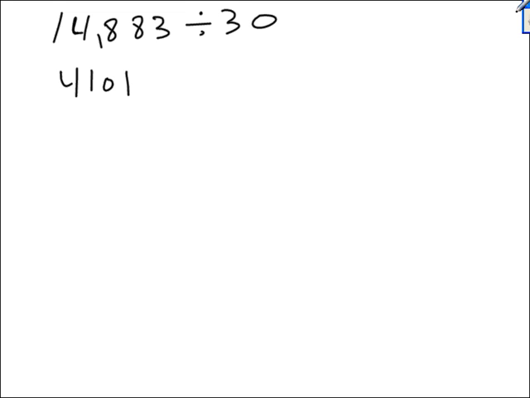The next problem is a long division problem with three choices. What is 14,883 divided by 30? 14,883. And the first choice is 410 remainder 12,